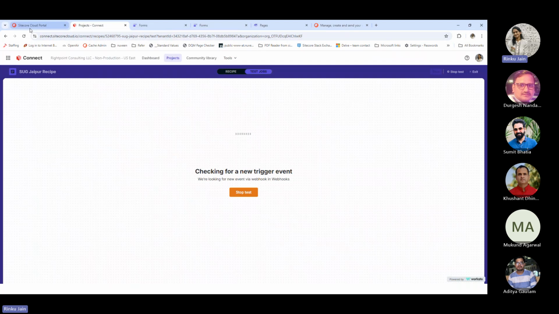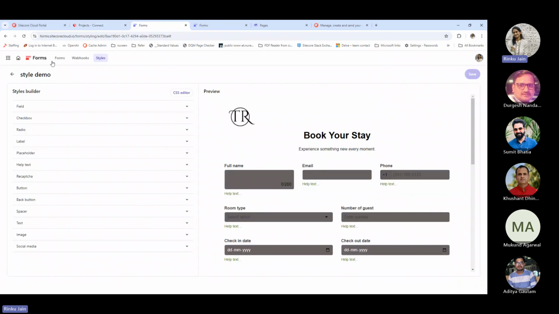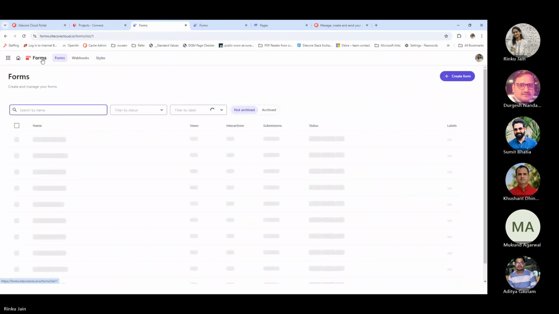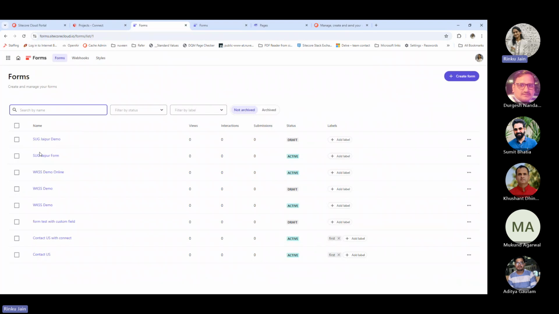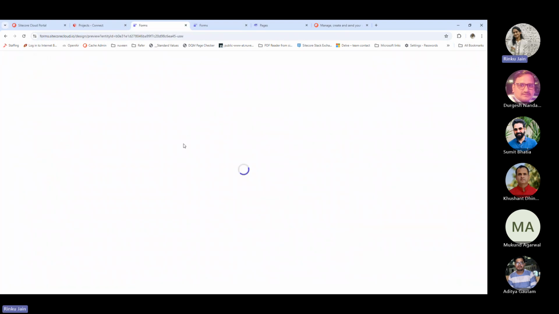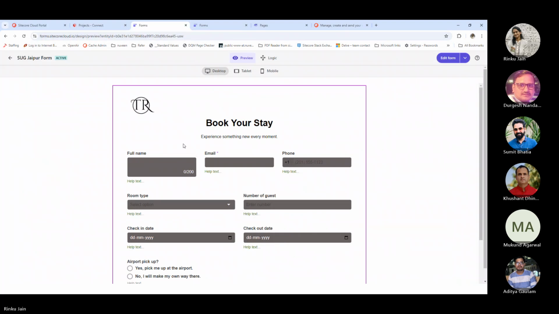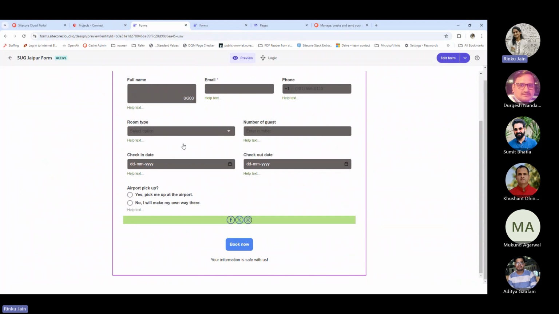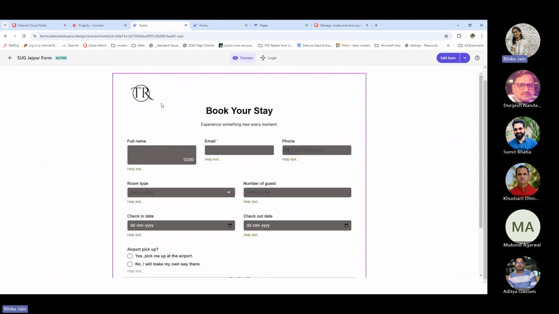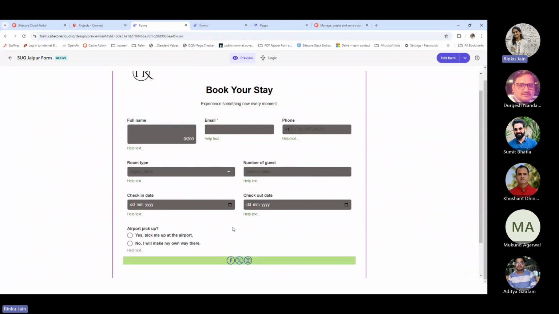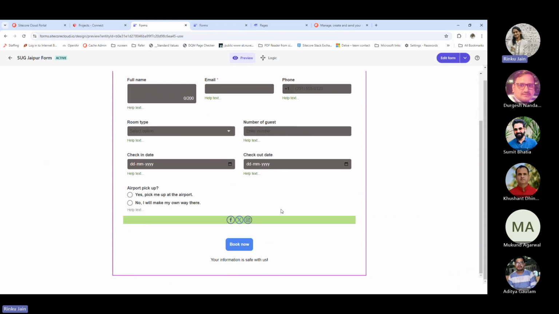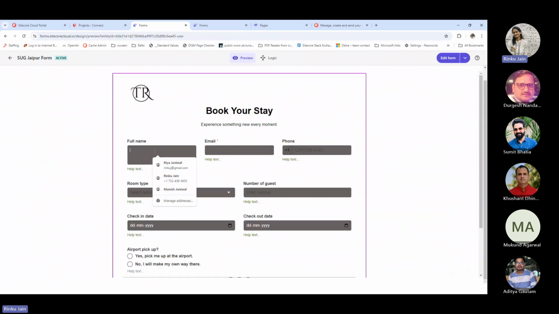It's waiting for the request. Now go to our forms. Here we'll choose a form that I created. Yeah, so this is the form. Here I've applied the style sheet. I've given this background color as well, and the social icon over here. Now let's say